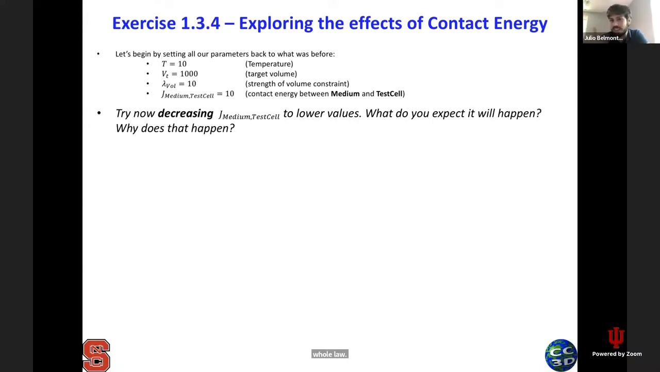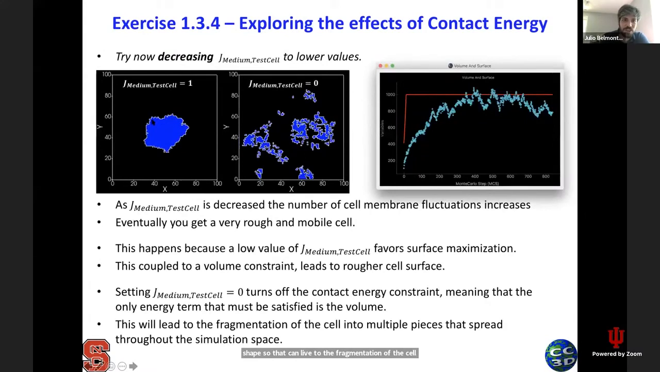The cell doesn't necessarily want to minimize its surface, right? So as long as the total number of pixels is the same, it says target volume. It doesn't care about its shape, so that can lead to the fragmentation of the cell. Okay, so actually, if you make the J, the contact energy between the medium and the cell, equal to 1, very low, the cell will still have the same number of pixels as before, but